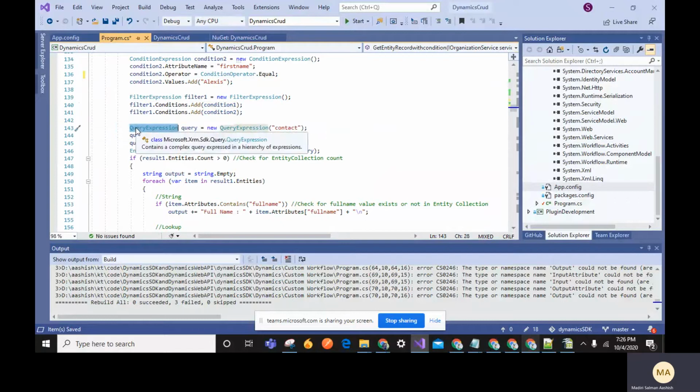Later we need to give the query expression, like I said, right? A query expression is like a select query in SQL. So we use a query expression to retrieve the records from Dynamics. We need to write the query expression, give it a name, and give the entity name here. We can write the conditions, like suppose I want to retrieve first name and last name. Later I need to add that filter. So I wrote the condition, right? That condition we need to add here by query.criteria.AddFilter, and we need to add this filter in this condition.